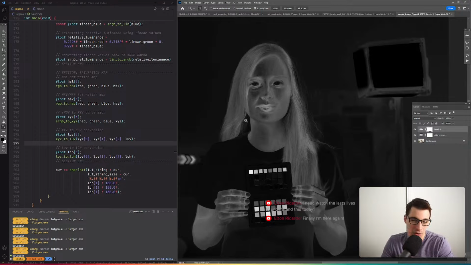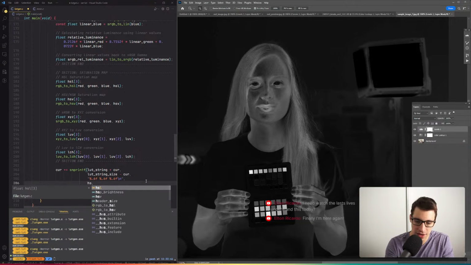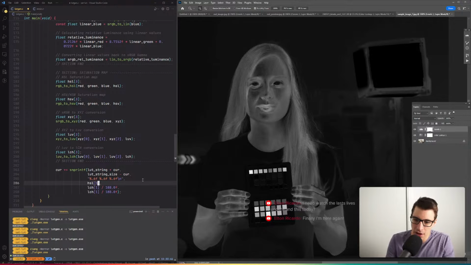And because we are so smart and we created three different options, we can actually bake these three options into a single LUT. The way we do that is exactly the same way we did with the luminosity conversion. So I'm going to take the first component and put HSL's saturation in here. I'm going to take the second component, which is green, and output HSV's second element. And I'm going to let the third one be the LCH. Now, if I resave and regenerate, and I reload inside Photoshop,